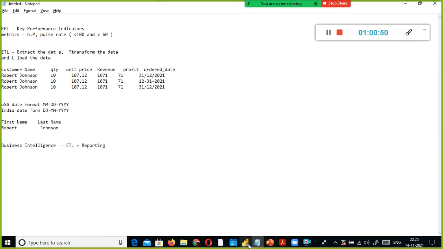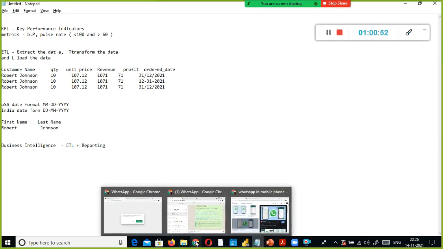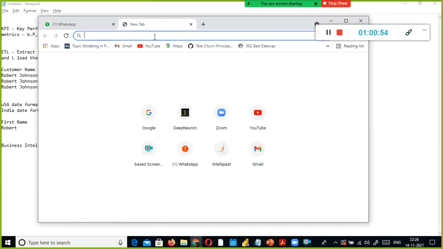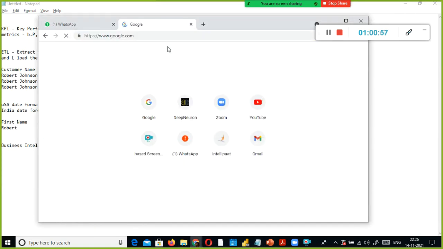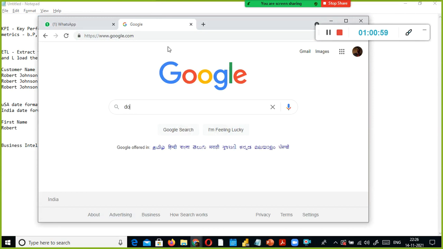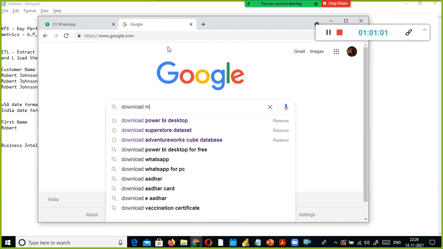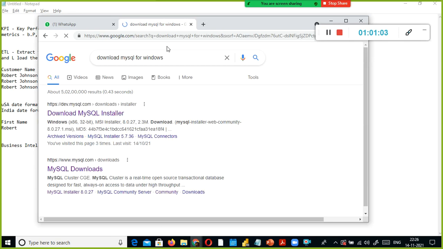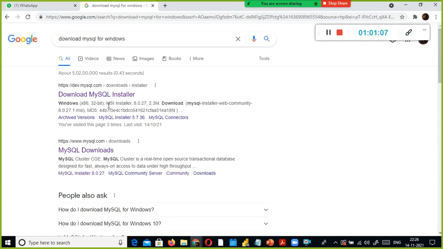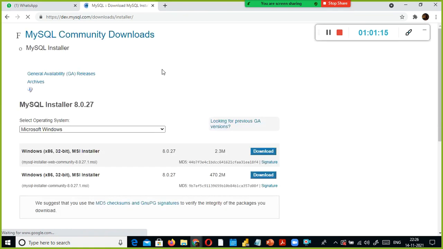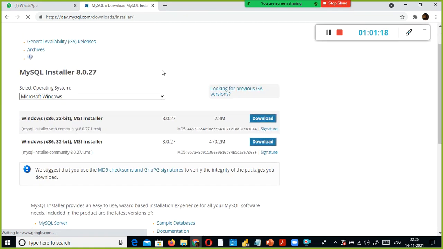The next step is what I would suggest you download this one. Apart from this, you need to download MySQL software also. Download MySQL for Windows. You just type it. So what I would suggest, don't postpone it any longer. Tomorrow morning, whenever time permits, probably you guys can get work from home tomorrow, right? If you have that option.